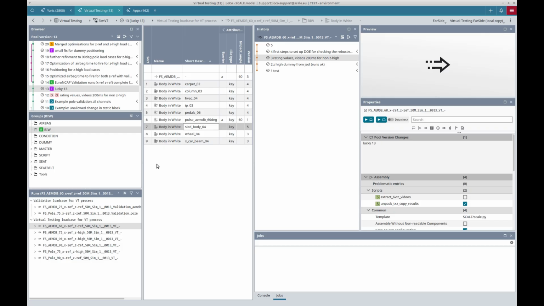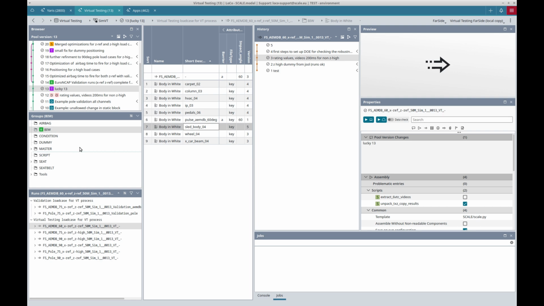For this, I am showing the desktop client where we have a navigation part on the left side with 3 windows. On the top window, we have the so-called pool versions of our project. Each pool version contains the entire project data at a specific point in time.